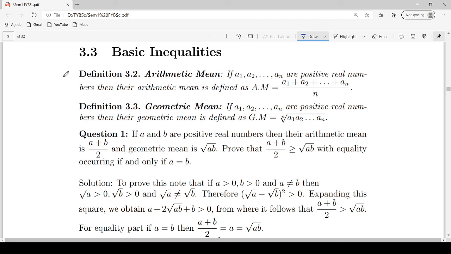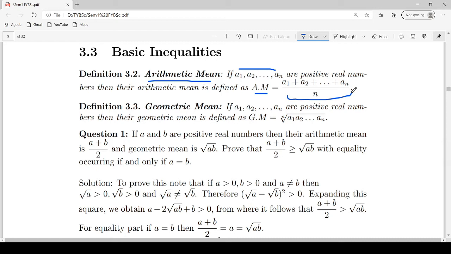In this video, we are going to prove the arithmetic mean and geometric mean inequality. So first of all, let's define arithmetic mean. If you have n positive real numbers, say a1, a2, an, then the arithmetic mean of these positive real numbers is defined as the addition of these positive real numbers divided by n, and is denoted by A.M., that is arithmetic mean. So the arithmetic mean of a1, a2, an is equal to a1 plus a2 plus up to plus an